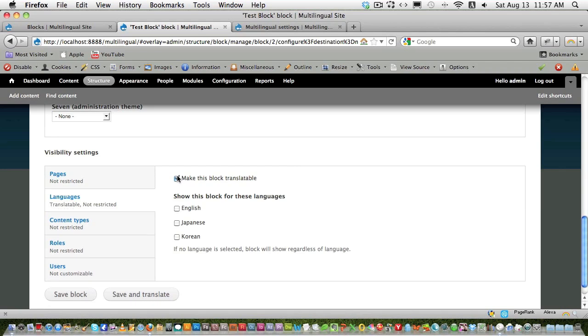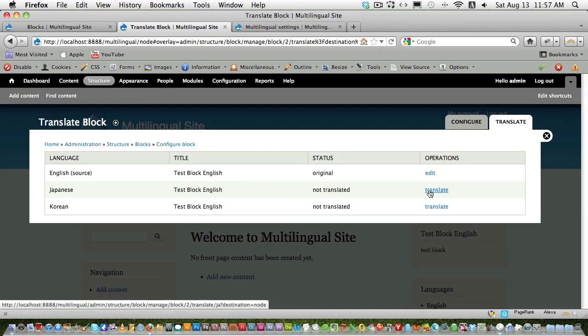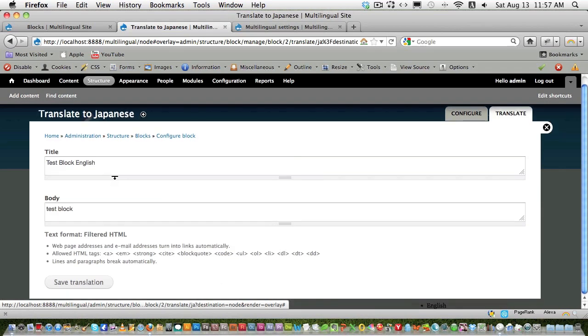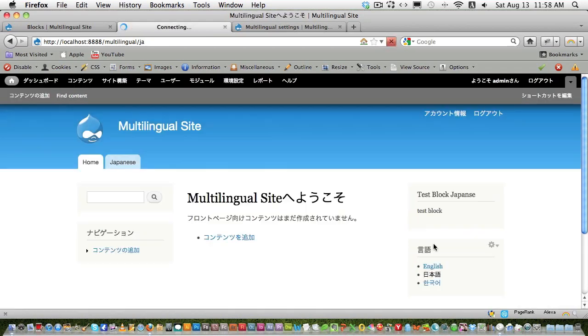Let's take off that and make this block translatable. Click save and translate, and let's translate in Japanese. So now you can translate the title and body field of the block. So let's say test block in Japanese. Click save translation, and now when you go back to Japanese, the block is in Japanese, and when you go